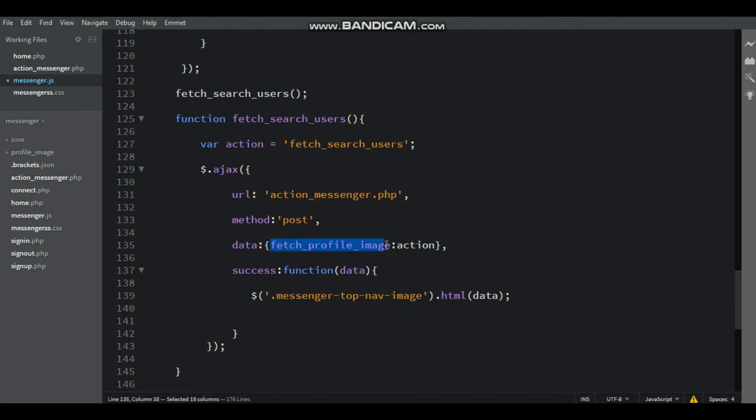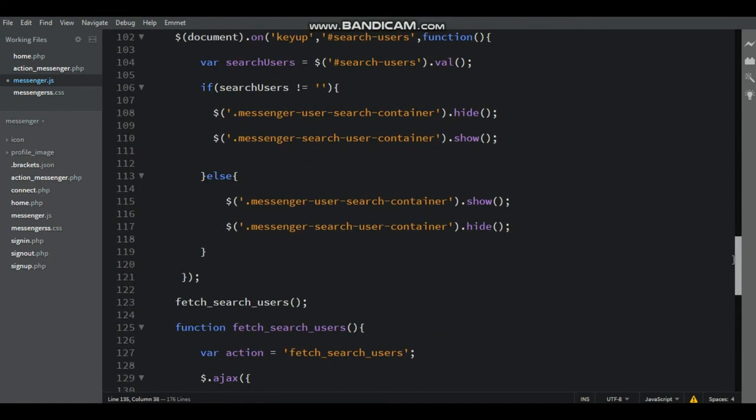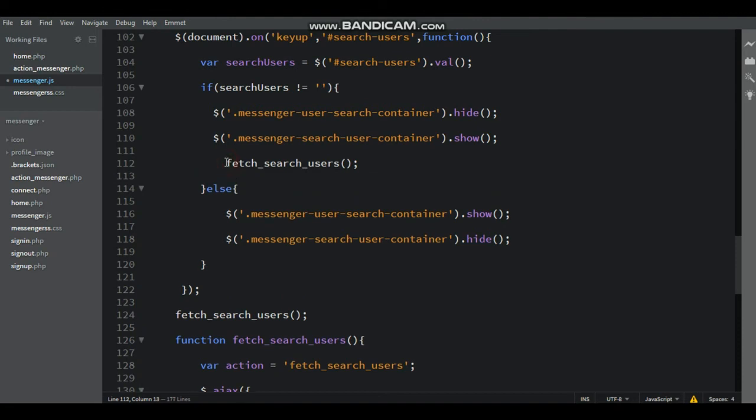Here that is AJAX request data fetch search user, that is sending data. Now here fetch search user, paste inside the if function, that is user not equal to null.